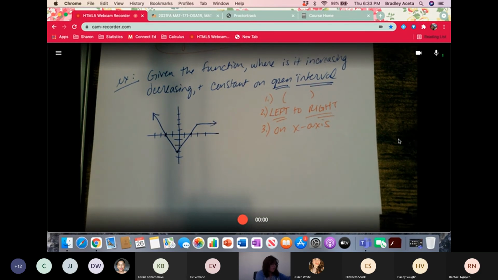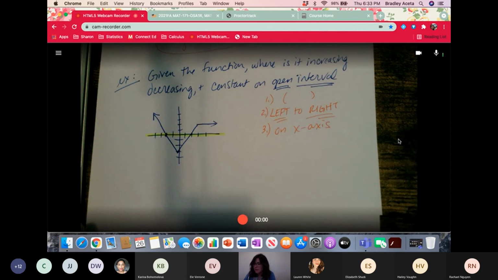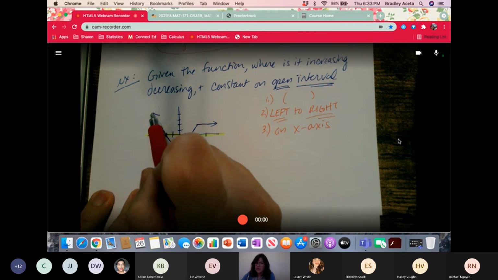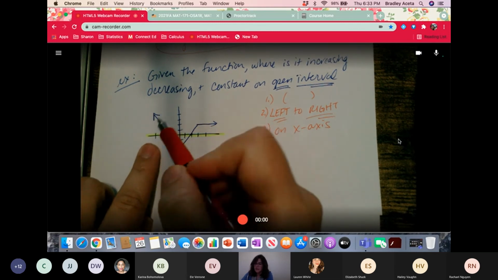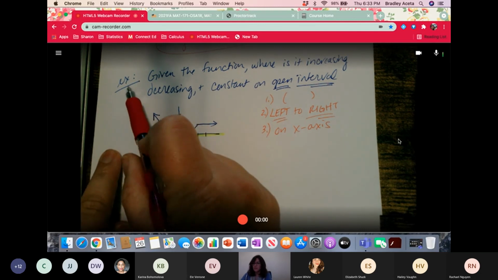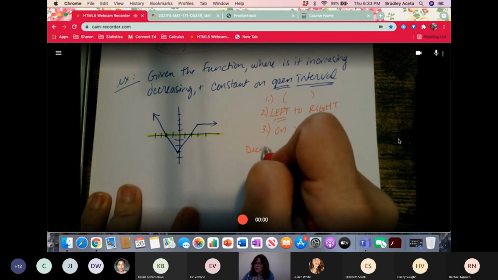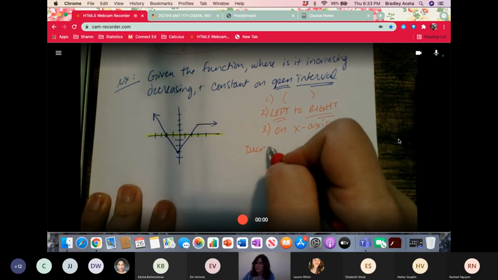Where's my little highlighter here? Don't worry about the y's. I only want to know what's happening on the x-axis point. So it looks like my pen is going down. From where? Well, on the x-axis, you'd be like, oh, -4? No, no, no. It could be all the way out here. -100 could be. So we'd say it is decreasing from -infinity